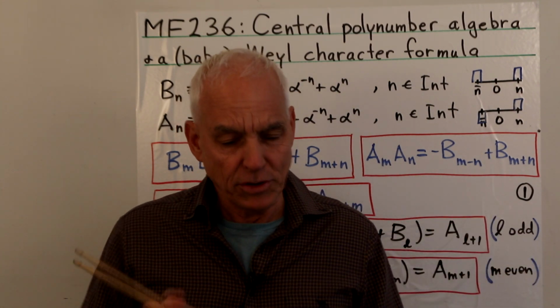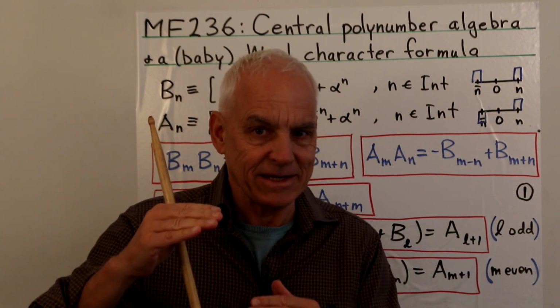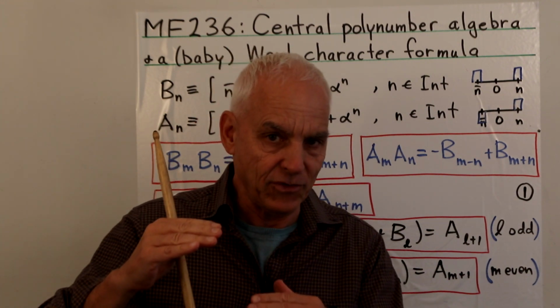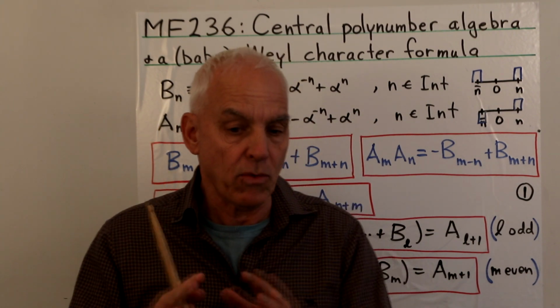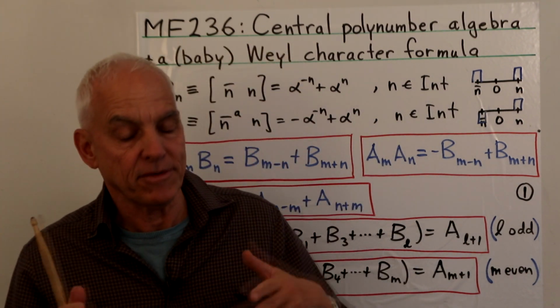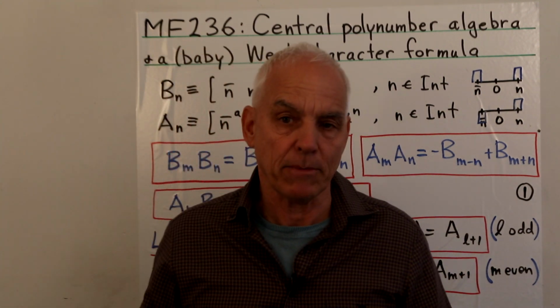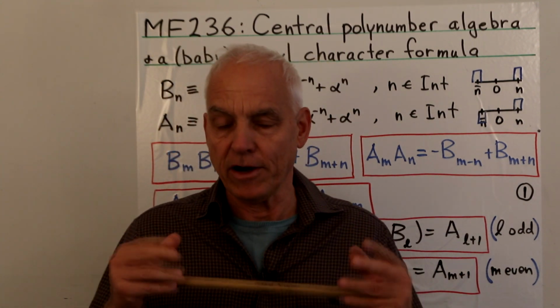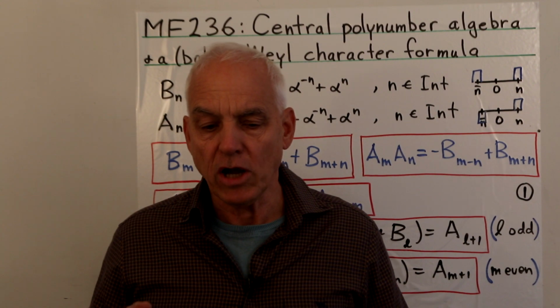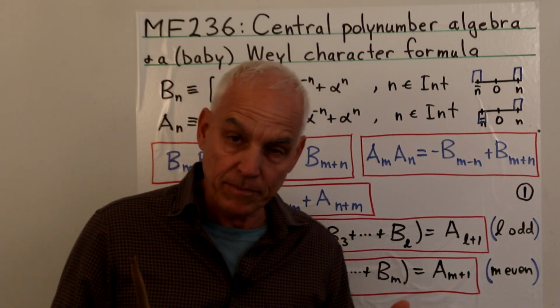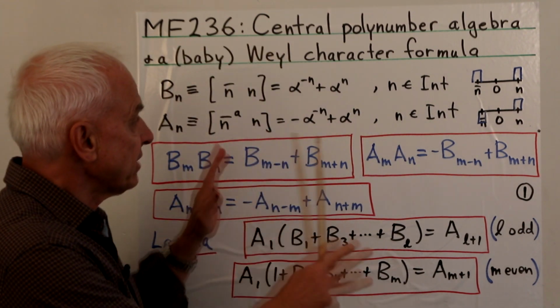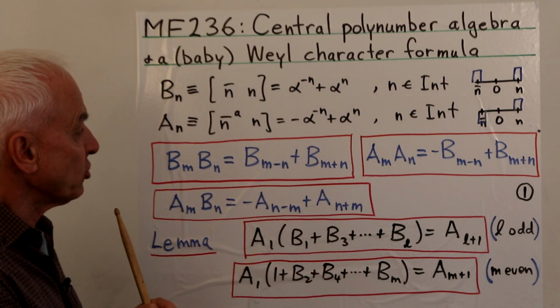And in fact, I'm also going to look at the next simplest case up. So we're going to go from SU2, then also to SU3. And there the situation is already quite a lot richer, and we're going to see that the same sort of general approach that I'm going to be showing you applies there. So we're talking about central polynumbers and their algebra. And so let me just review some of the basic ideas there, some of the terminology.